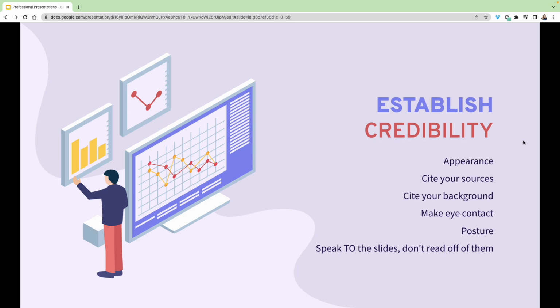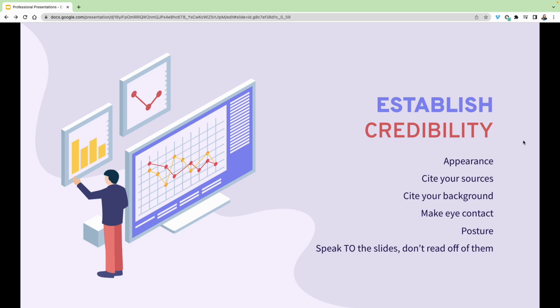Similarly, you always have the option to cite your background. So when you start a presentation, as we just talked about on the previous slide, when you do your opening and you talk about your agenda, there's always an opportunity for you to introduce yourself. Now, I will say there is a caveat here, and that is you need to know in which capacity you want to introduce yourself. If you're presenting to coworkers or people who you work with often or your classmates who you see all the time, you may not need to do a formal introduction of who you are. But if you are presenting to somebody new, it always helps to share who you are and why